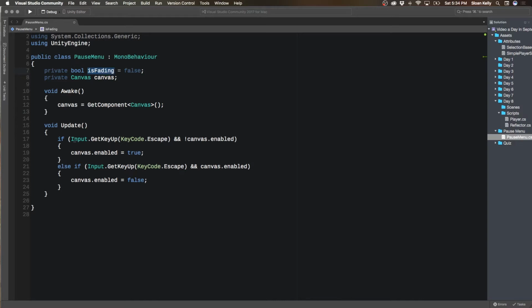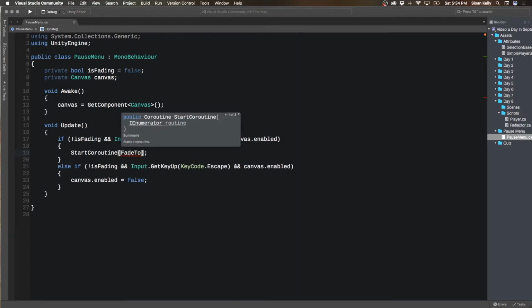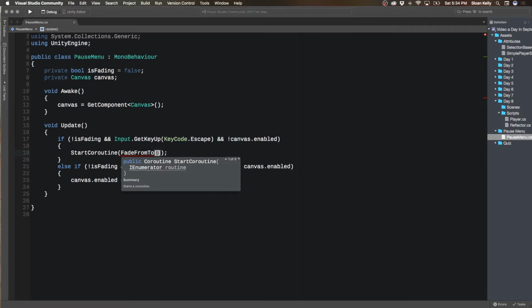So if it's not fading, and that, or it's not fading, and that, I'm going to say start coroutine fade to, or sorry, fade from to is going to be fade from, and then it's going to be,